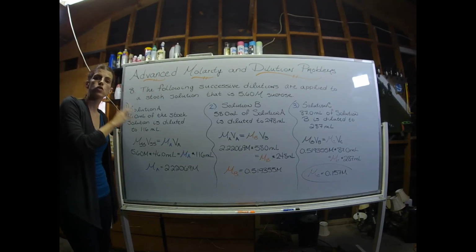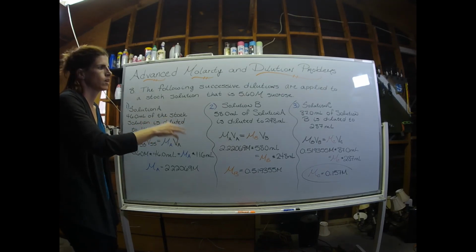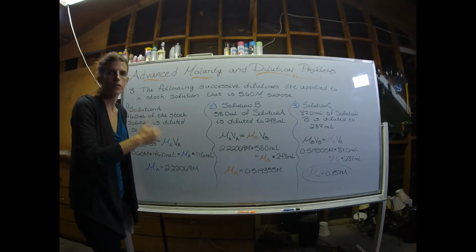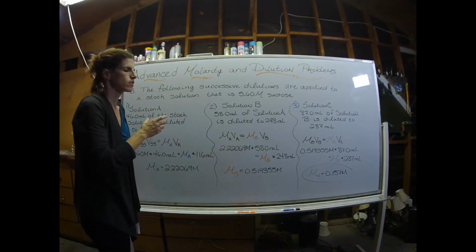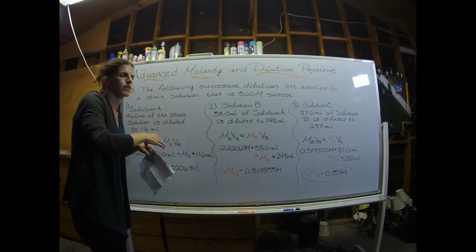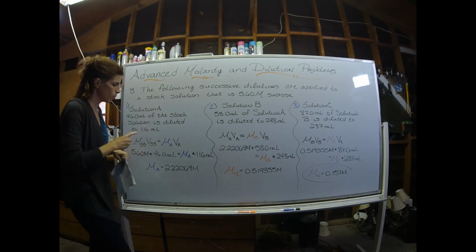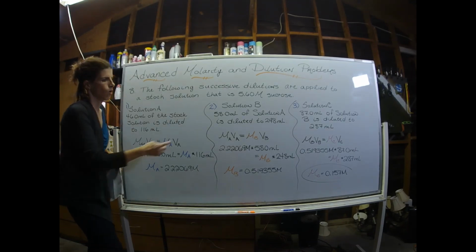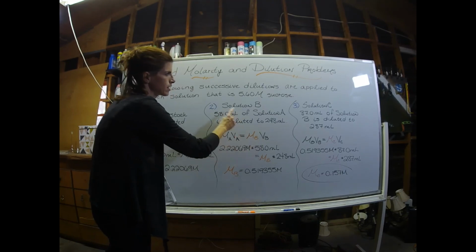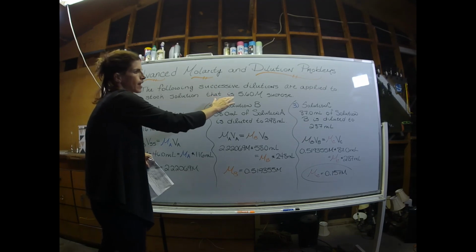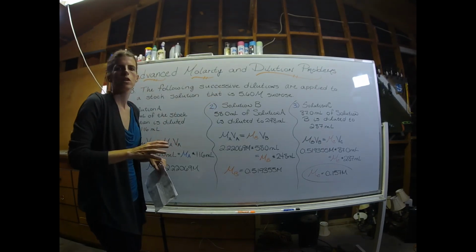Here we're looking at what's known as serial dilution. So in each of these steps of the dilution, I'm using M1V1 equals M2V2 to figure out what's going on with the concentration after that specific dilution. To kind of help me out, I made the subscripts more meaningful. So for instance, I used SS to stand for stock solution, or the subscript of B to stand for solution B. We're told that the chemist started with a 5.60 molar stock solution,